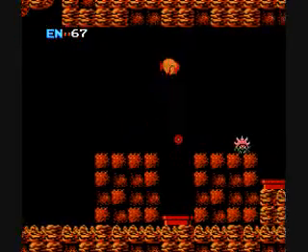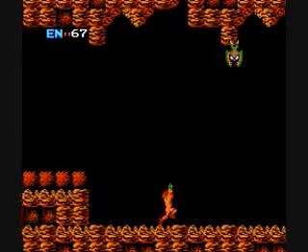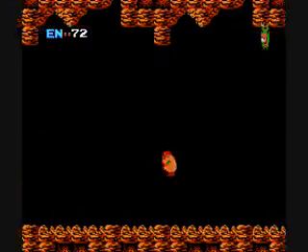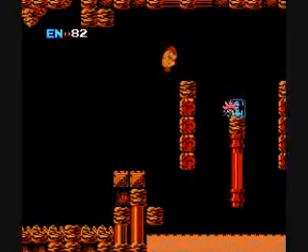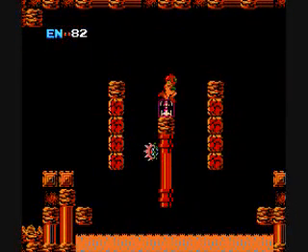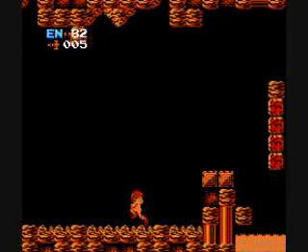And keep on moving. These were the things I was talking about that come out of pipes that you can use for farming for health and missiles. We've almost got up to max health. We got 82 right now. Our max is 99. And we have our first and only set of missiles. Our next destination is to get Morph Ball bombs,